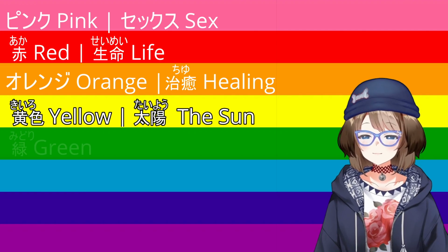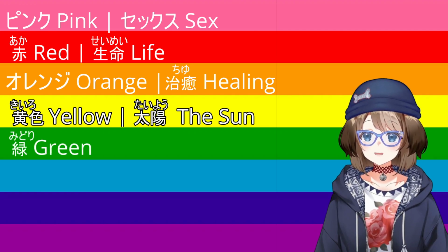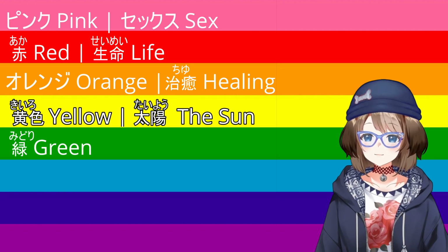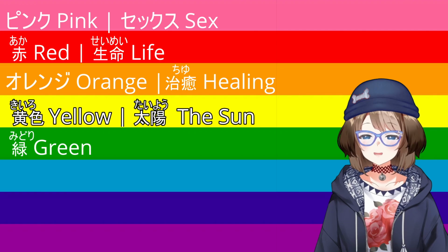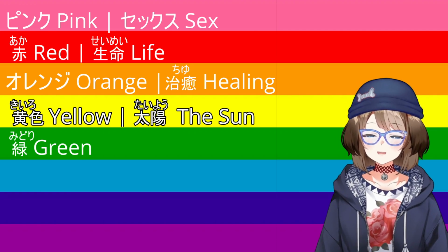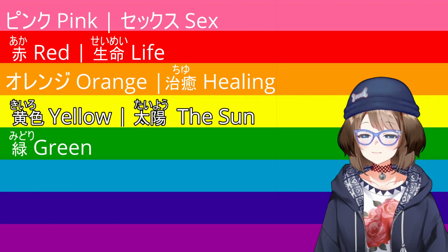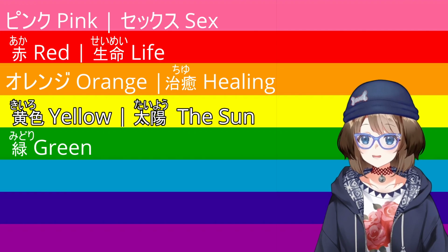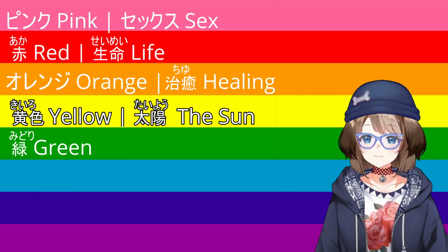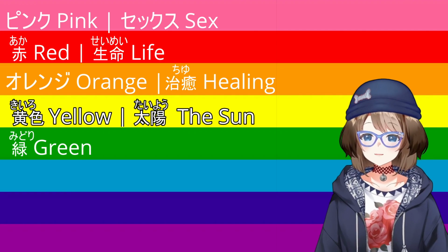And then we have green. Green in Japanese is midori. Midori. Ne, midori. Midori is the word for green in Japanese, but technically midori means a dark green color. Kind of like a hunter green color, right? So definitely not a light green. We'll talk about that later. But midori, it's a dark green. Midoriya, literally a field of green. He wears a dark green outfit, doesn't he? Coincidence? Or...